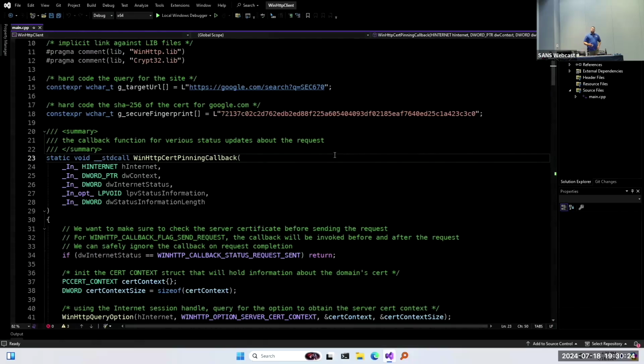But in any case, one of the things that you can do is go to google.com and click on the little lock icon to inspect the certificate for that particular domain. All I did is scroll down to the SHA 256 area of the certificate, copy that out, and paste it inside of my code base. The reason I'm doing that is it's a way for me to implement something called certificate pinning. Certificate pinning, if you haven't heard of it before, is a way to try to detect possible